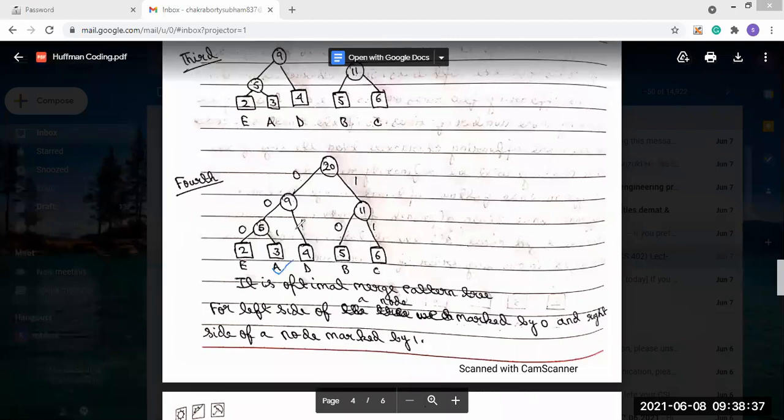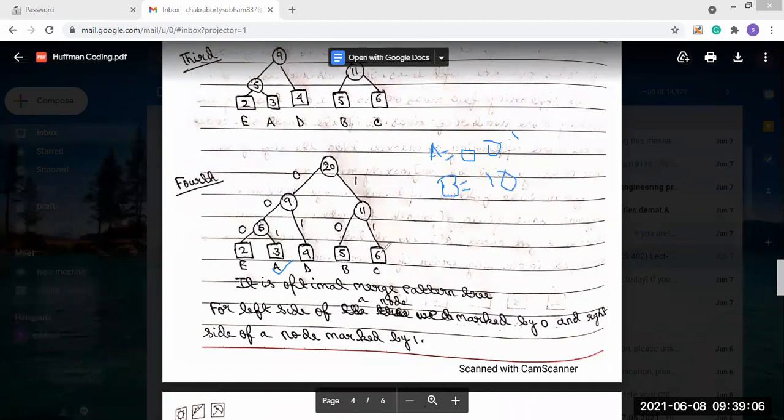So what is the A value? A value will be 0, 0, 1. What will be the B value? B value will be 1 0.